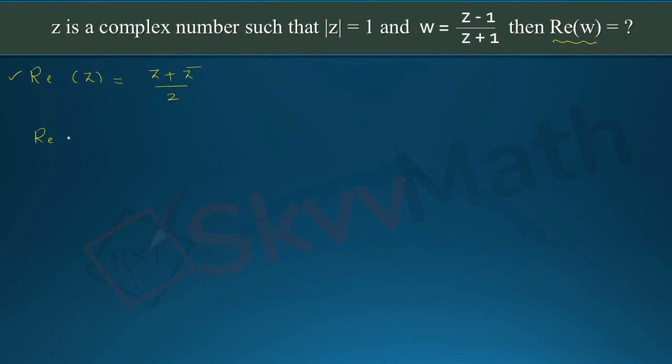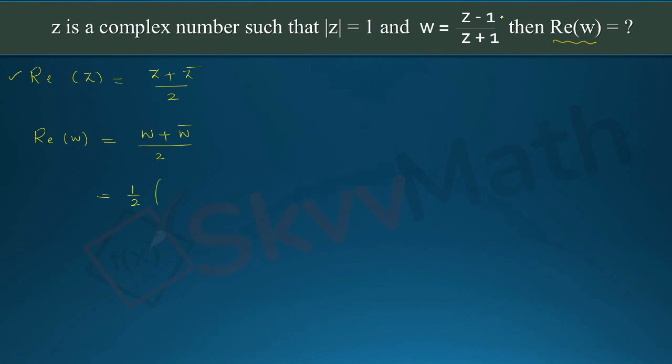So real part of W, according to this, what we will have is (W + W bar)/2. If you want you can call this omega, but I am calling this W. That's not an important thing, whether you call it W or omega. According to this formula, real part of Z is (Z + Z bar)/2. I got here real part of W, simply Z is replaced by W. Now if I write half into